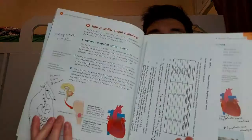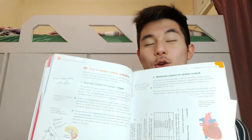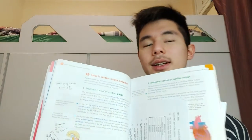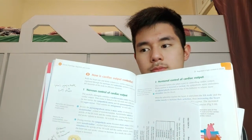We have the nervous control of the cardiac output, if you can see, and we also have the hormonal control, and you can also mix them both. But basically, if you're super anxious, scared, and you need to get super excited real quick, what's going to happen is that your brain, your medulla oblongata, will immediately signal your pacemaker. No hormones included. But if the process needs to be more gradual, say I'm about to take the DSEs,